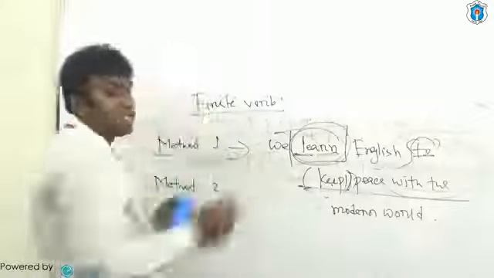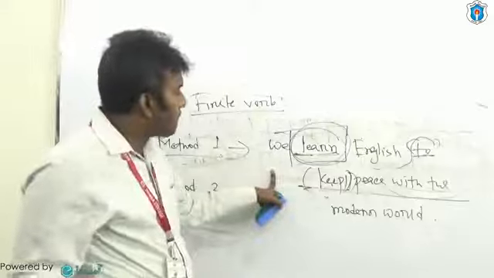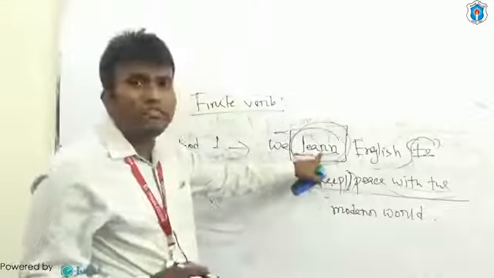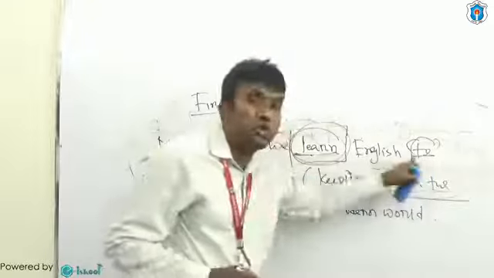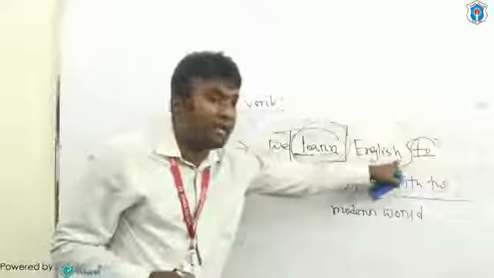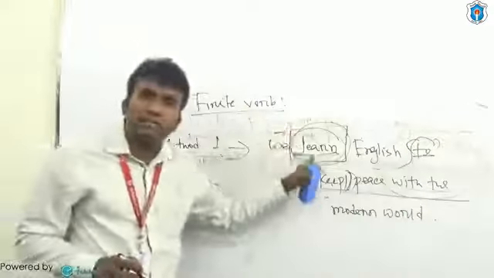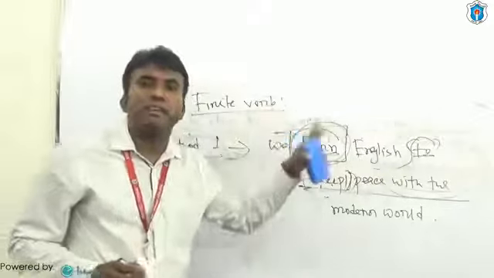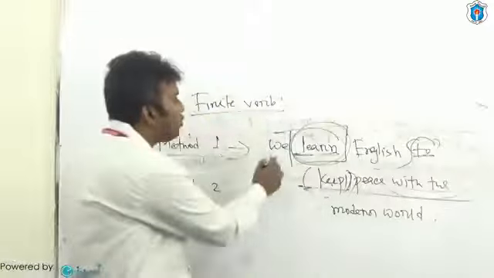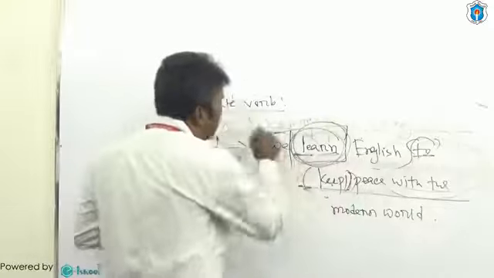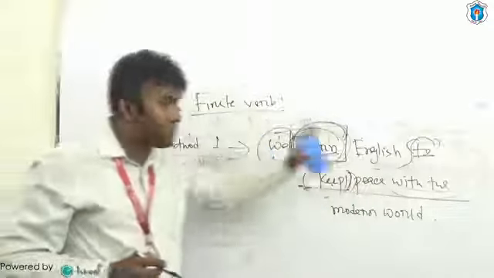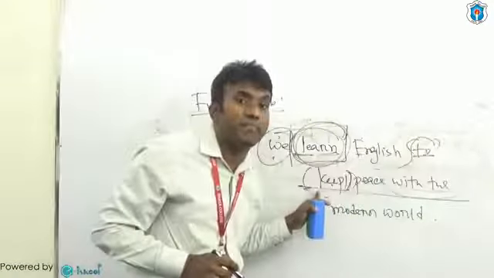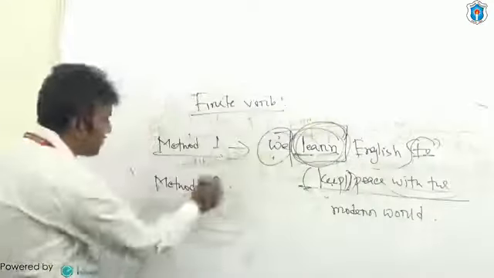We can use the same example. Learn হচ্ছে এমন একটি verb যে ভার্বের সাবজেক্ট আছে। To keep এই বাক্য অনুযায়ী টু কিপ সেই ভার্ব যার কোনো সাবজেক্ট নাই। আমরা বলতে পারি যে ভার্বের সাবজেক্ট আছে তাকে ফাইনাইট ভার্ব বলে, যে ভার্বের সাবজেক্ট নেই তাকে নন ফাইনাইট ভার্ব বলে। যেহেতু এই বাক্যে লার্ন এর সাবজেক্ট উই আর উই এর ভার্ব হচ্ছে লার্ন, যে ভার্বের সাবজেক্ট থাকে তাকে ফাইনাইট ভার্ব বলে, যে ভার্বের সাবজেক্ট থাকে না তাকে নন ফাইনাইট ভার্ব বলে। Method number 2, according to second method